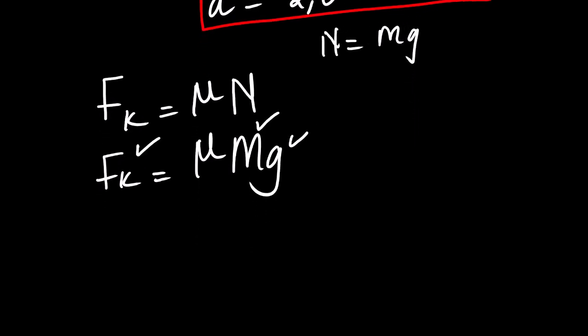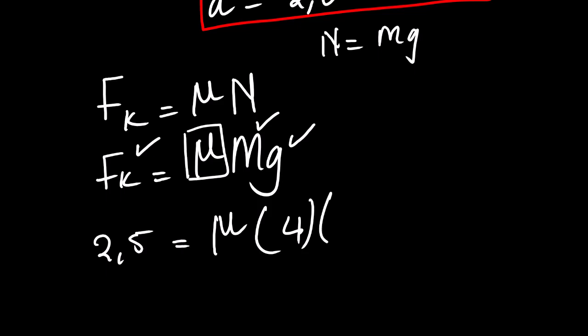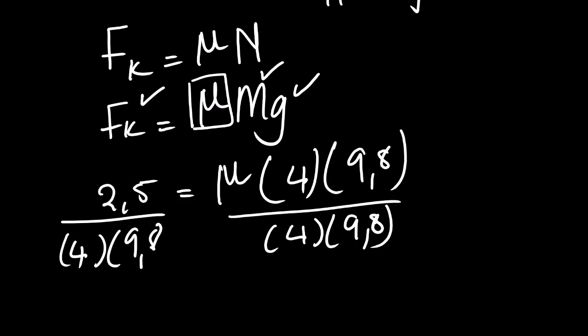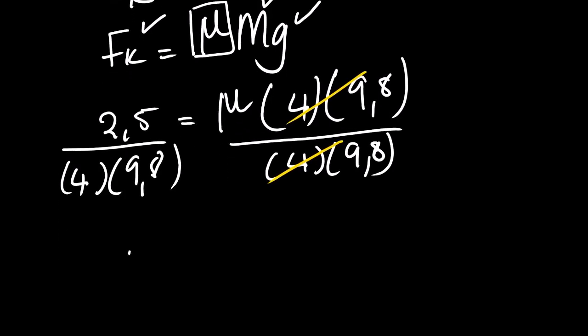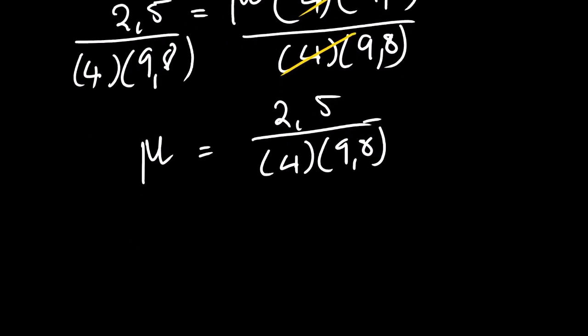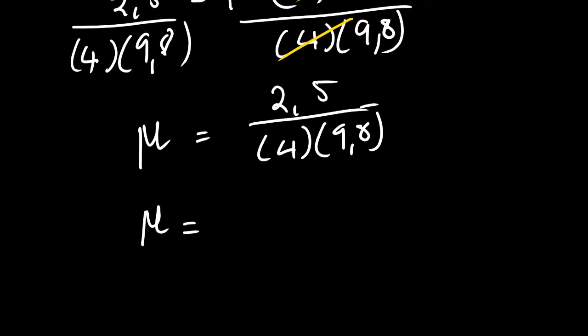Now we have this, we have this, we need to calculate this. Our kinetic friction is 2.5. It is equal to coefficient, the mass is 4, gravitational acceleration is 9.8. So we can divide both sides by 4 times 9.8. This will get rid of this. Then coefficient is equal to 2.5 divided by 4 multiplied by 9.8. The answer is